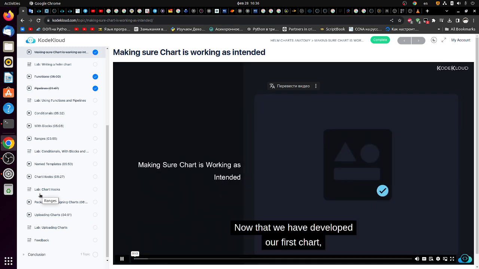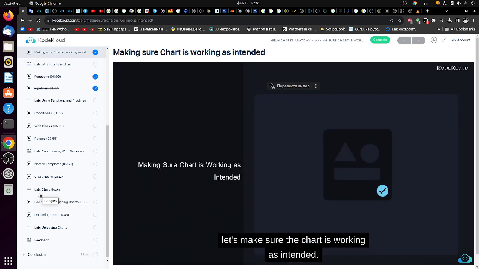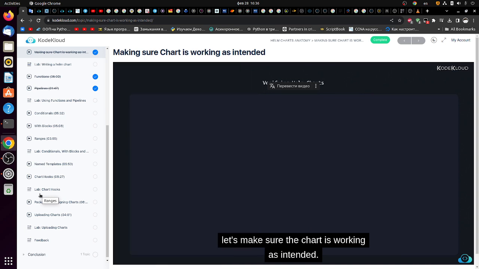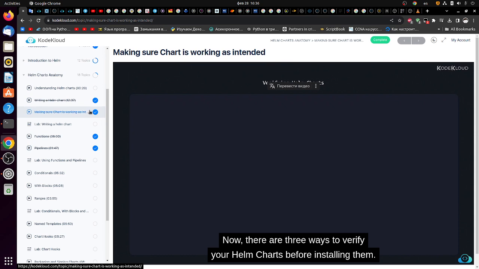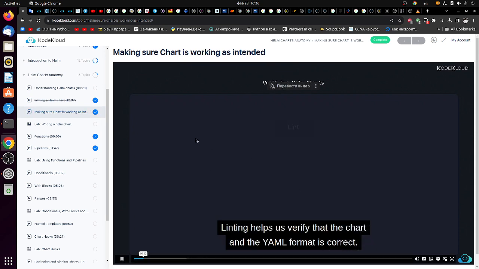Now that we have developed our first chart, let's make sure the chart is working as intended. Now, there are 3 ways to verify your Helm charts before installing them. Linting helps us verify